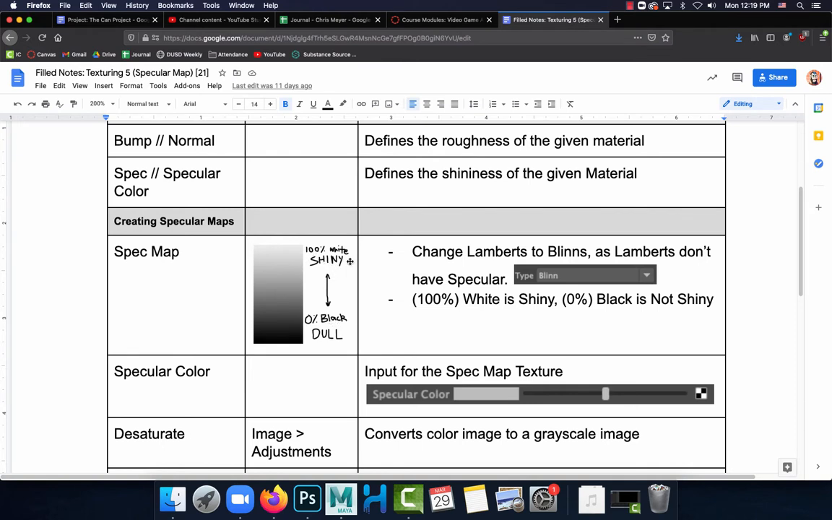shiny at white. Keep in mind that this is where your material type matters, as Lambert materials will not contain a specular color channel, which is where you input your spec map, because Lamberts are matte materials, M-A-T-T-E, whereas we want Blinns because they are shiny. Now, how shiny they are is what we are controlling for with our spec map. So anywhere on a spec map texture, black will define that that area is not shiny, whereas white will define